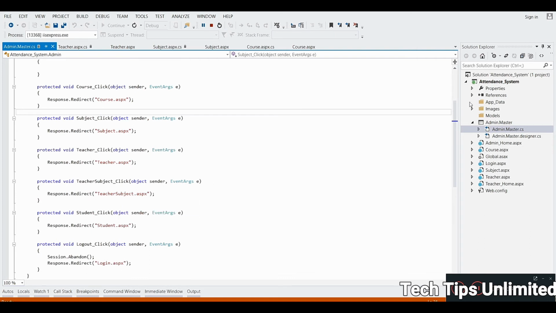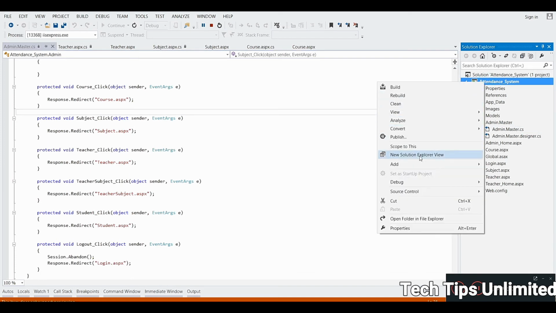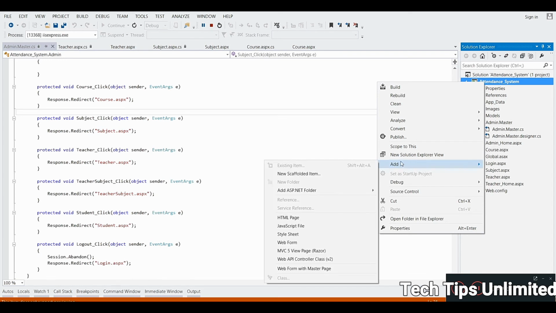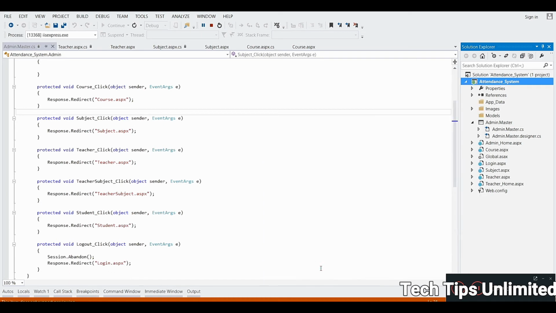Now let's add a new page. Add a web form with master page. Give the page name as teacher subject. Click on OK.